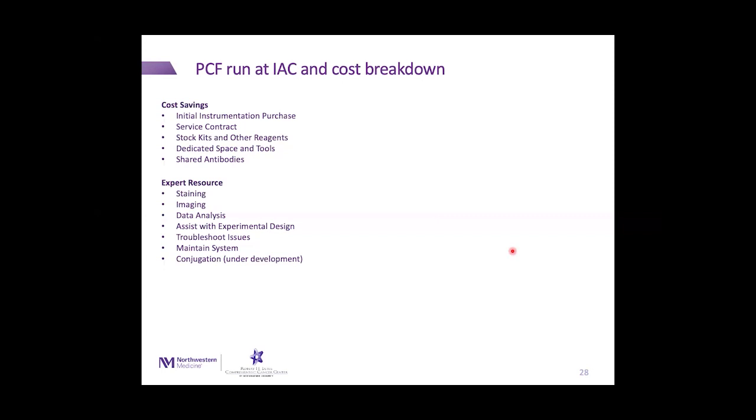And there is a shared antibody stock that we can provide to the researchers. With that, we have expert resources for staining, imaging, data analysis, assistance with experimental design, troubleshooting whatever issues might come in, and maintain the system well. And then we are trying to develop this antibody conjugation process also, so that if you have some kind of custom antibodies that you want to include in the core panel, you can give it to the core and core can develop it. Otherwise, you have to send it to the company, Akoya Biosciences, and they charge a lot for